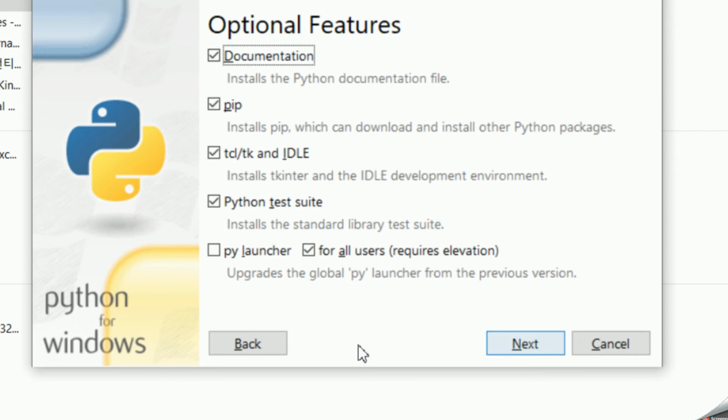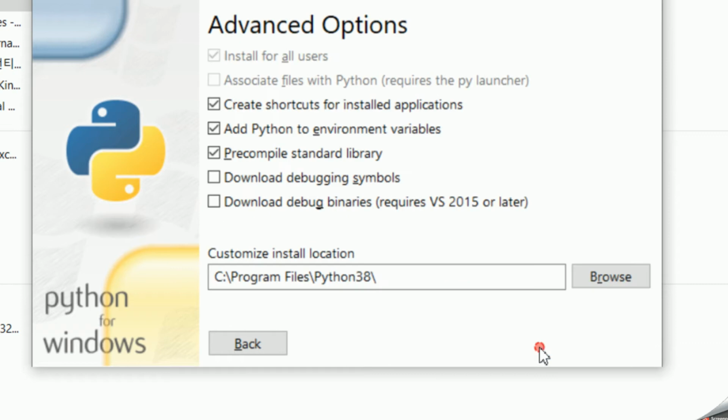So we are going to this option, that is customize installation. Make sure you have all these options checked and enabled. That is documentation, pip, TCL, TK, idle, Python test suite for all users. Go to next, and here make sure that your install location is this C program files. Usually you will find C app, C programs, app users, app programs, and all these. So instead of that, you have to go to